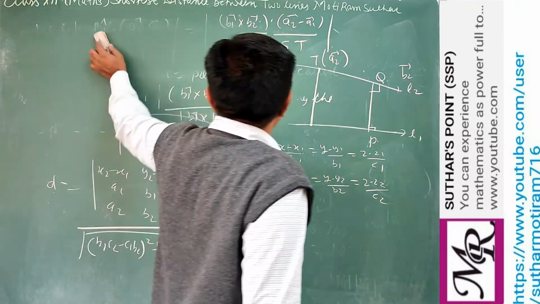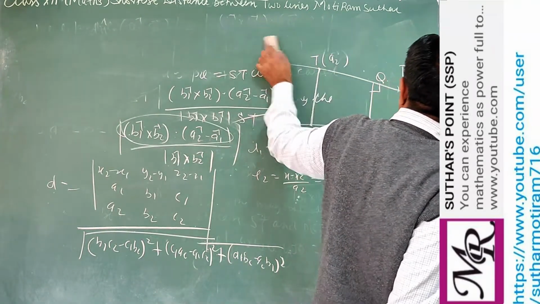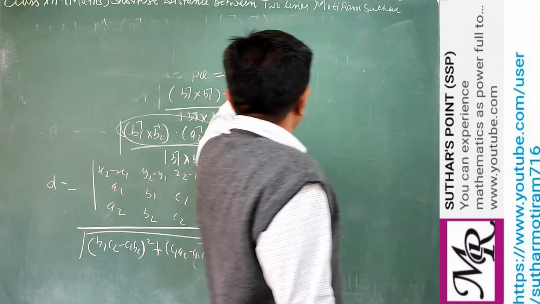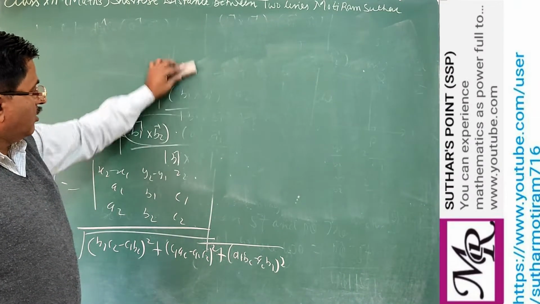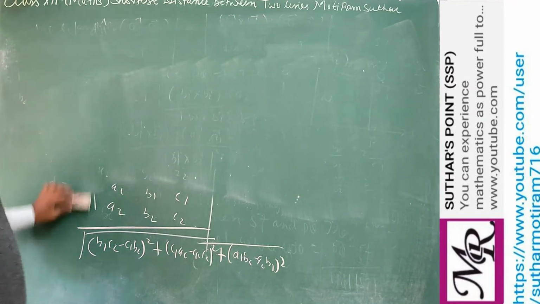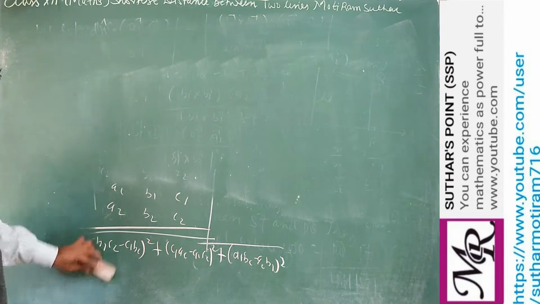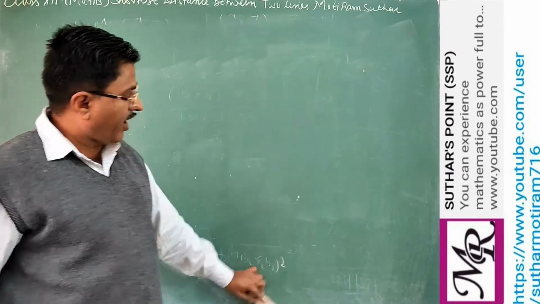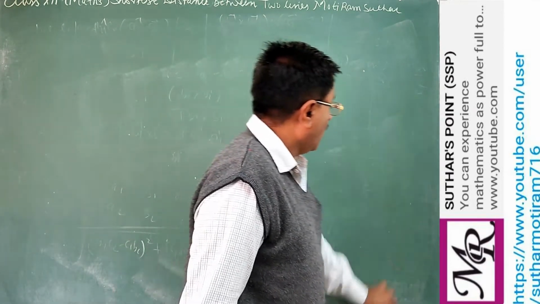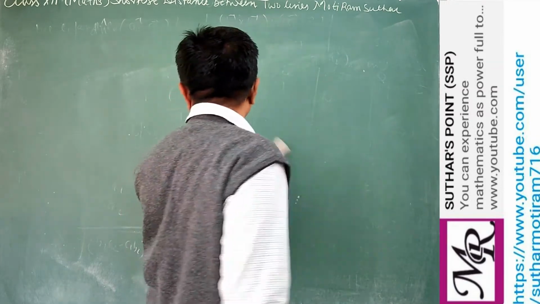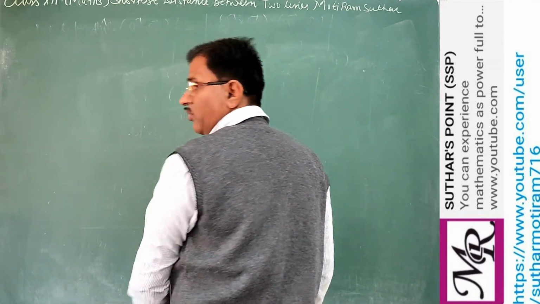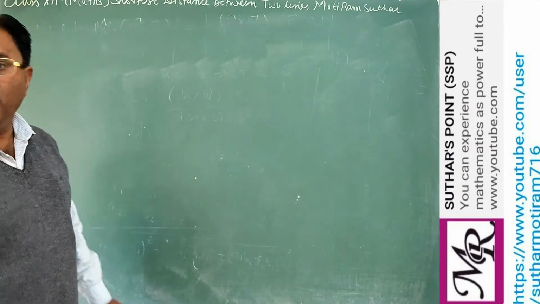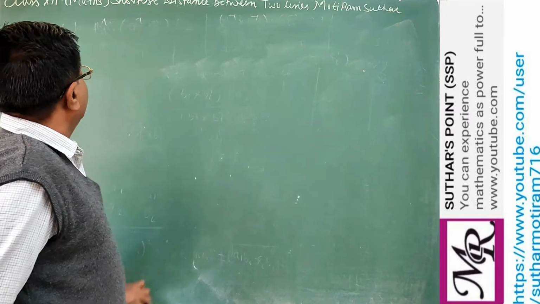But vice versa, when vector form is given, we can convert it into Cartesian form, or when Cartesian form of a line is given, one can also convert it into vector form. For both forms, you may use different formulas for finding the shortest distance, or you can use the same formula by converting one form into another. Okay? Now one more related point we take here.